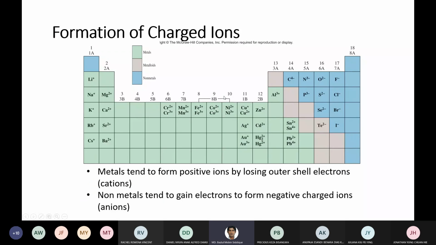All right. Formation of charged ions. Now the ions are formed. Can anybody tell me how the ions are formed? Counting once, counting twice. Nobody? When these atoms shed an electron or take some electron, they will be